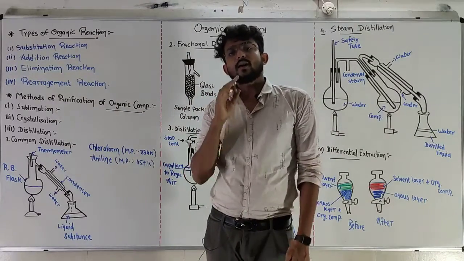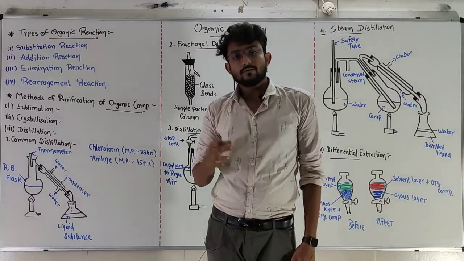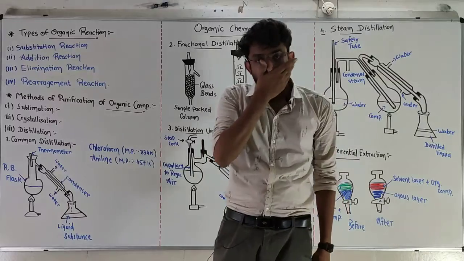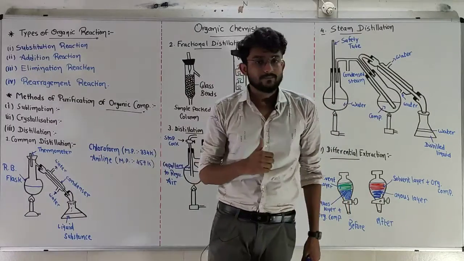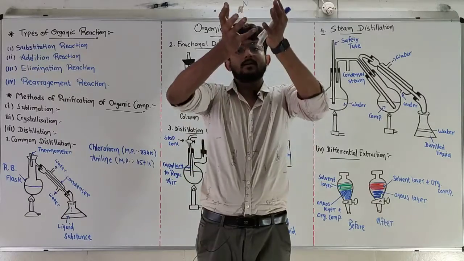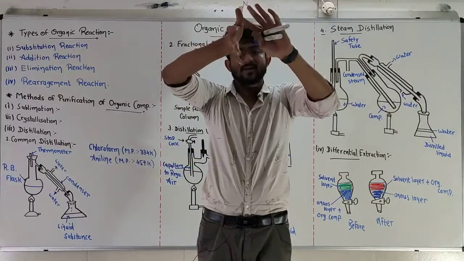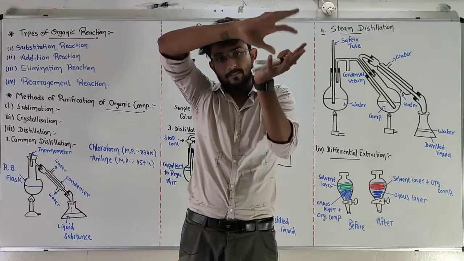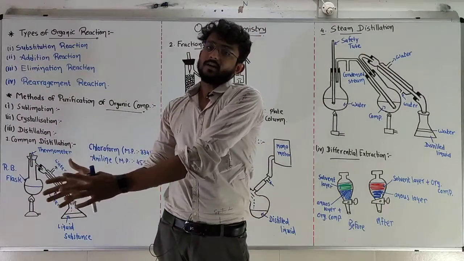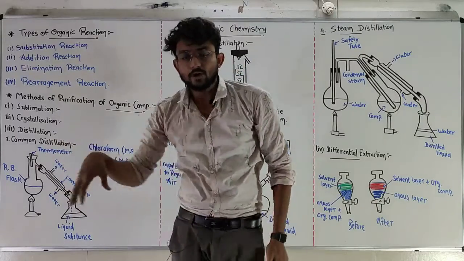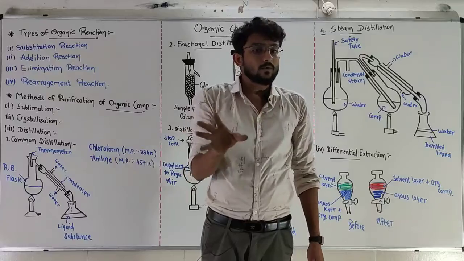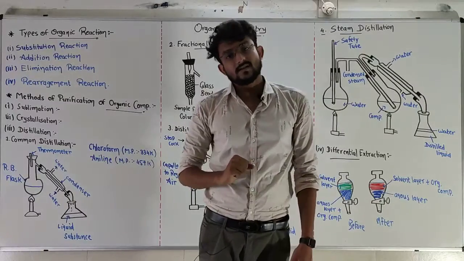We come to know the word distillation more often because we use the word distilled water. What is distilled water? I have water, I am heating it, and water vapor is on the top of the vessel. Then that water vapor is taken into another vessel, and when we cool it down, that water vapor will become distilled water because impurities will be removed. It will be on the first vessel.